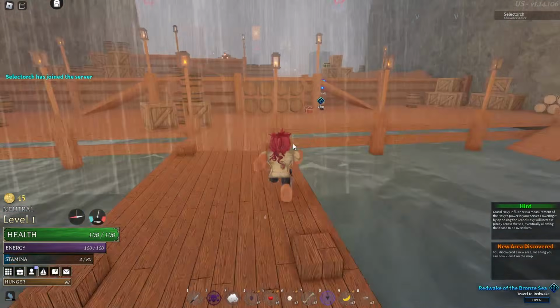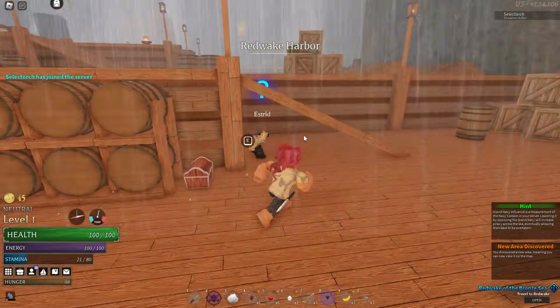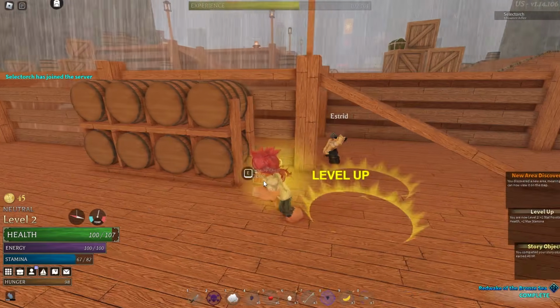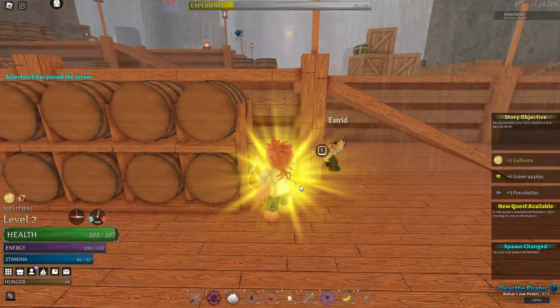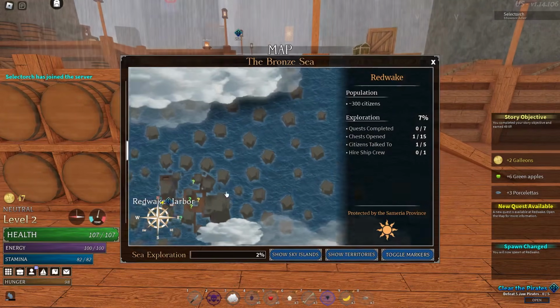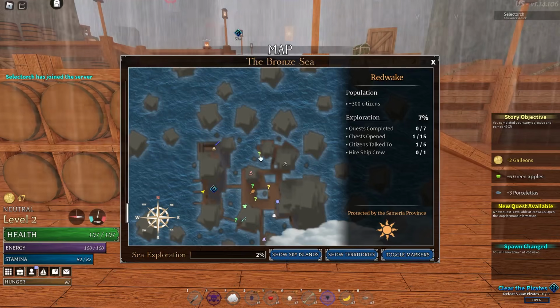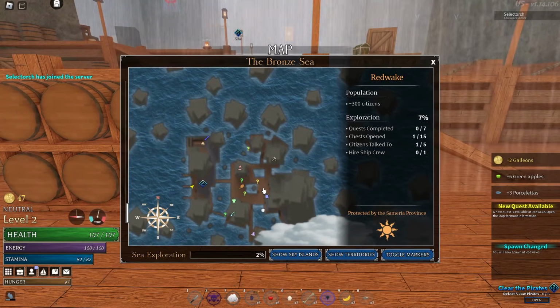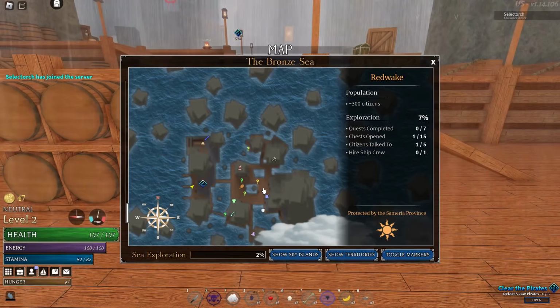All right, cool. Now we're here. This is our first story quest you guys are going to end up completing here on this island. So let's just get this through. Now, of course, like I said before, remember, press M, check the islands, the things you need to do. And look, they're even highlighted on the map now for the different quests and stuff that you guys need to complete. So yeah, 7 quests need to be completed, 15 chests need to be opened, talk to 5 citizens, and